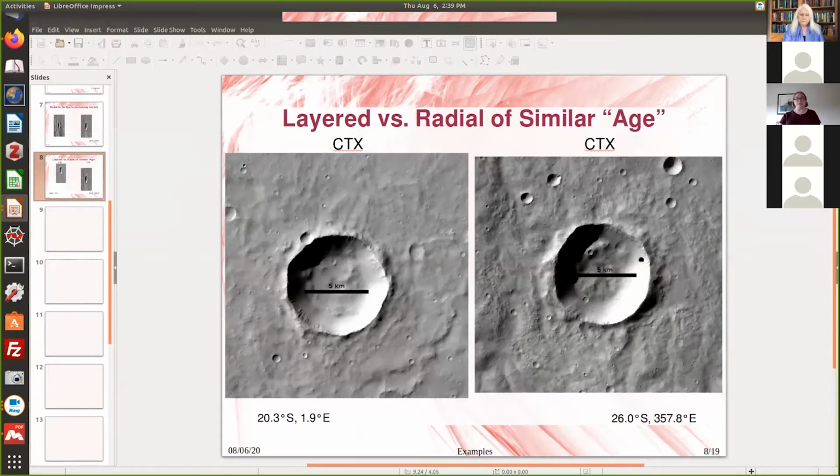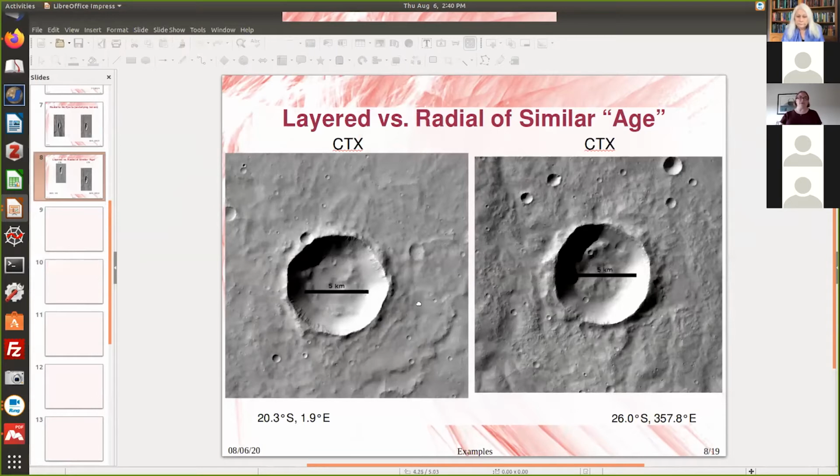And so this is the same crater from the previous slide, that was potentially a radial ejecta crater. And I would say this one on the left side is a layered ejecta crater. So you can kind of see that sinuosity of the edge of the ejecta and that it flowed. Now this isn't a fresh layered ejecta crater, but it seems to be about the same age, maybe even a little older than the radial ejecta crater on the right. So